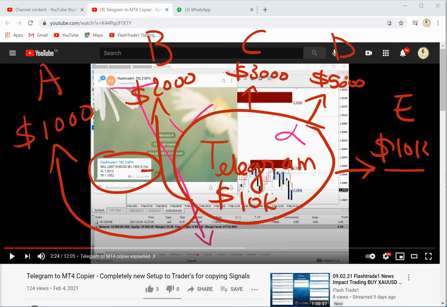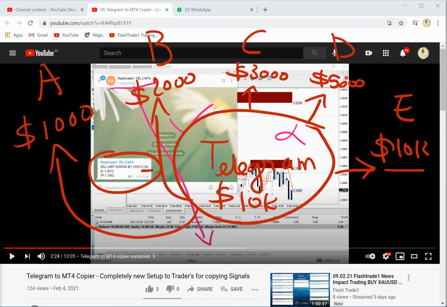Here it's 0.1 lot size for $10,000. Then in the MT4 of client A, the lot size is going to be different. In the MT4 of client B, the lot size is going to be different. In C, it is going to be different. In D, it's going to be different. What I mean to say is the lot size will be adjusted as per the client's capital. So if 500 accounts are connected to this one Telegram channel, all the 500 accounts are going to have different capital, but no need to worry, as the trades are going to be placed as per the client's base capital.